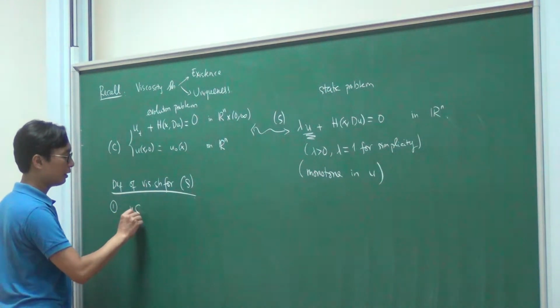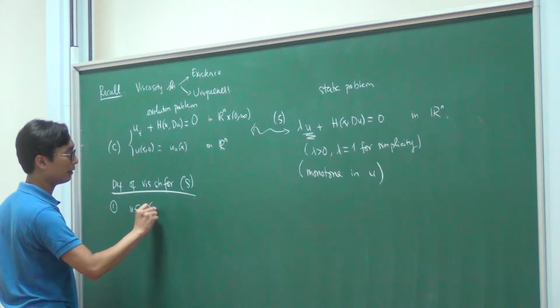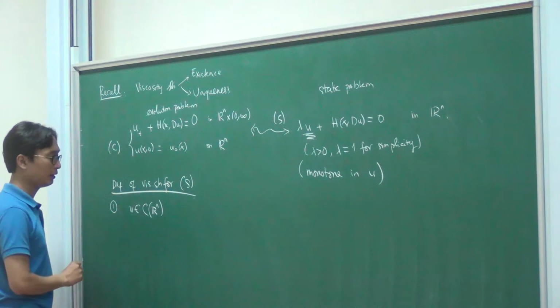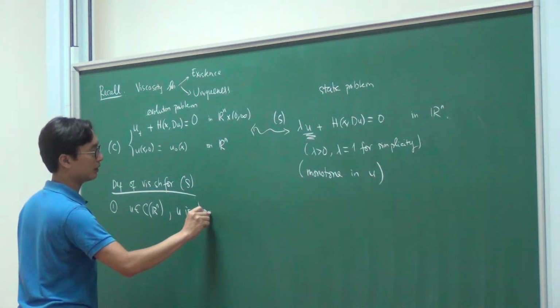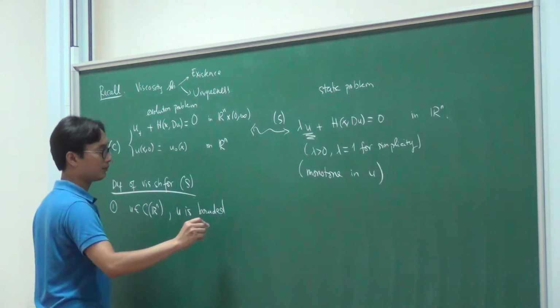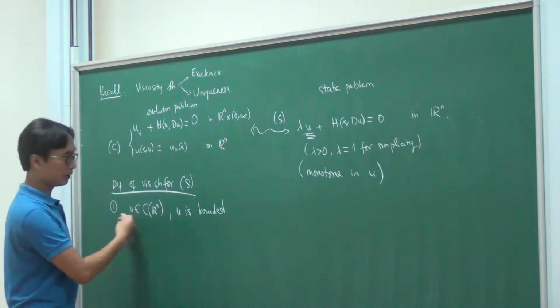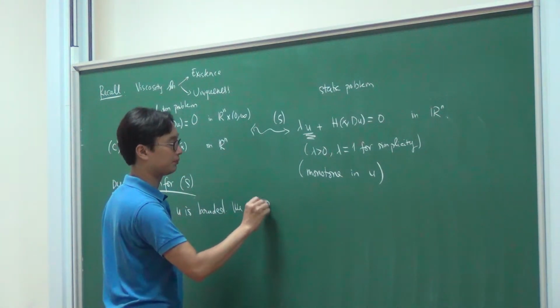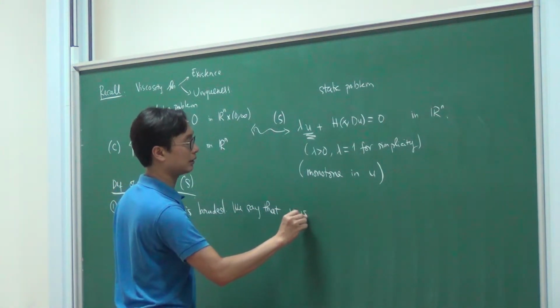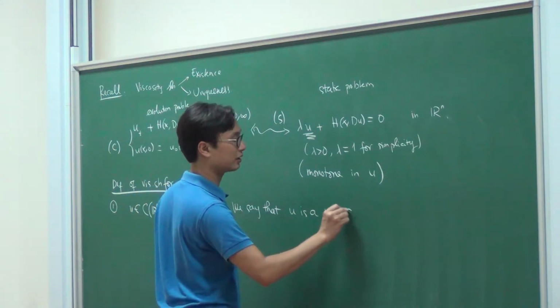So u is in C(R^n), continuous functions in R^n, and let's say u is bounded. This can be proved, but let's say u is bounded. So assume that u is this, and we say that u is a viscosity subsolution